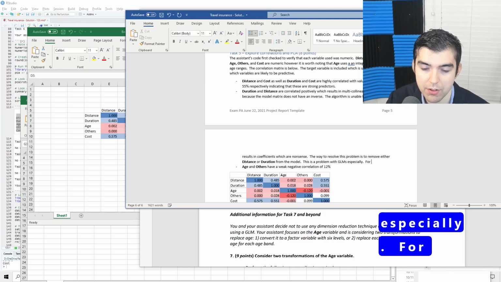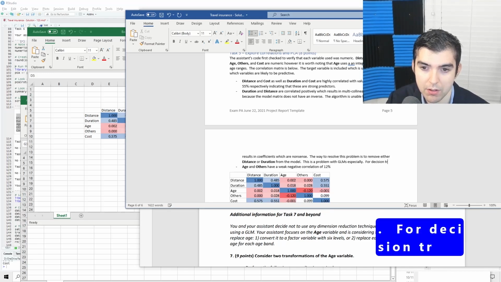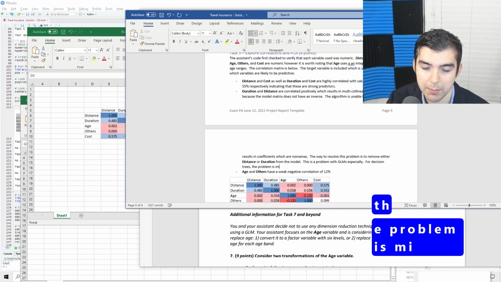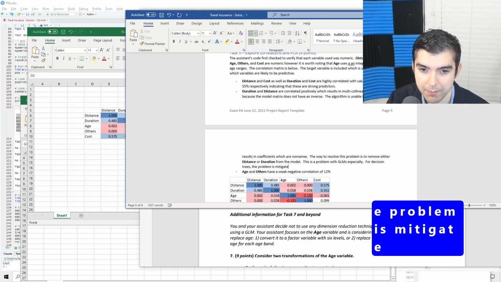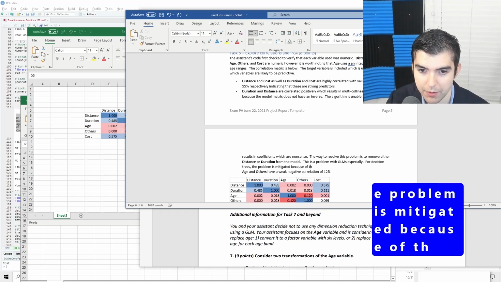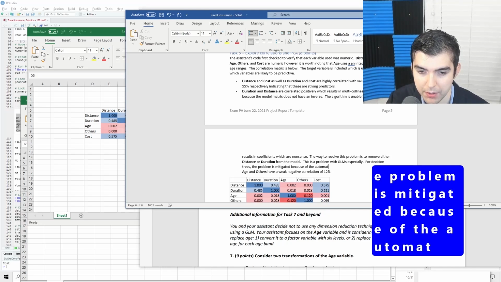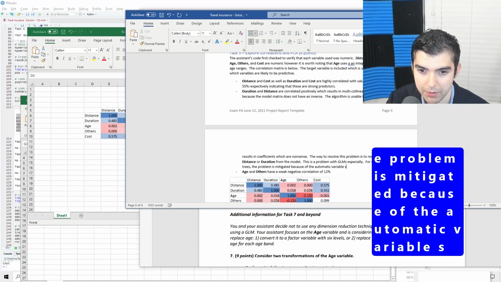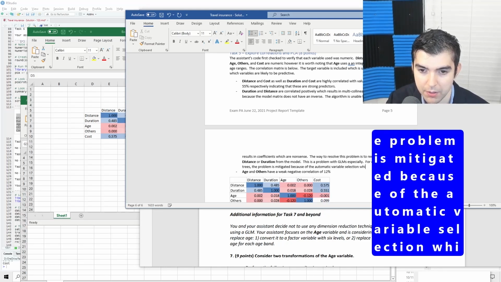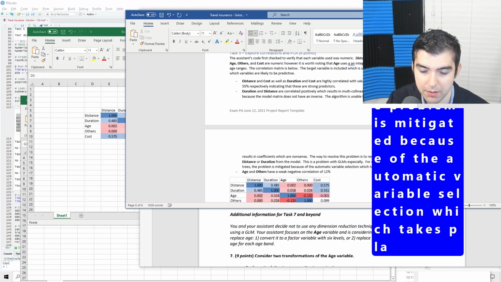For decision trees, the problem is mitigated because of the automatic variable selection which takes place.